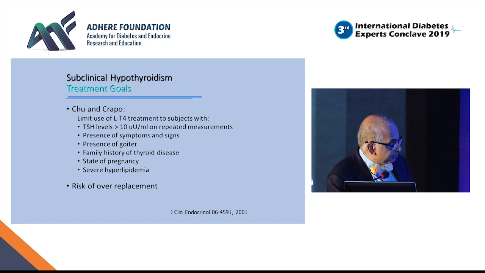Consider the presence of symptoms and signs. People who have a goiter clearly have thyroid disease and they probably have some autoimmunity. Consider a family history of thyroid disease, but you just heard of a patient who had a strong family history and it turned out to be a pituitary adenoma, so you need to be a little careful about that. You'll hear about pregnancy. There's some recent data that's actually very interesting. And very severe hyperlipidemia is listed in here. I'm not so sure, this is an old recommendation. I think there are better drugs now for treating hyperlipidemia